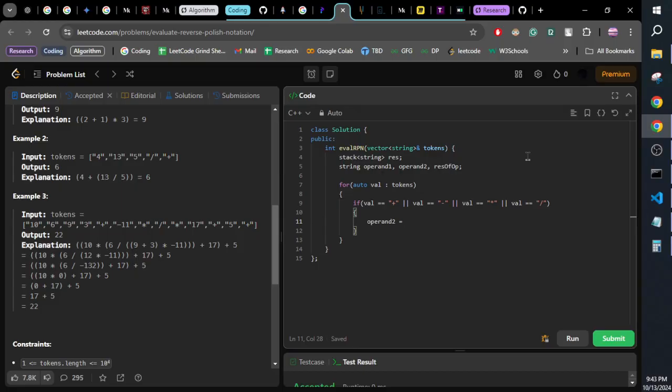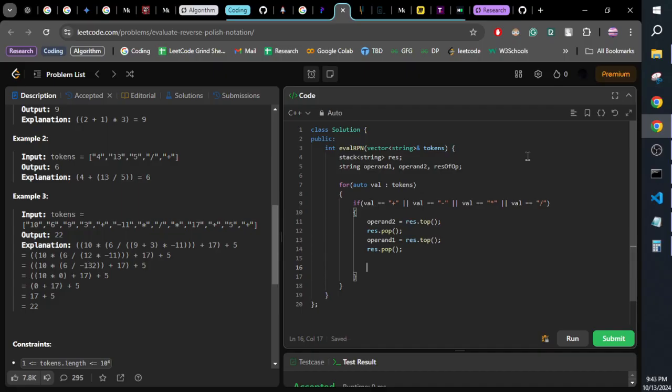So operand 2 is our given stack dot top, then we pop from the stack, and we get the second top from the stack, we pop from the stack. Okay,